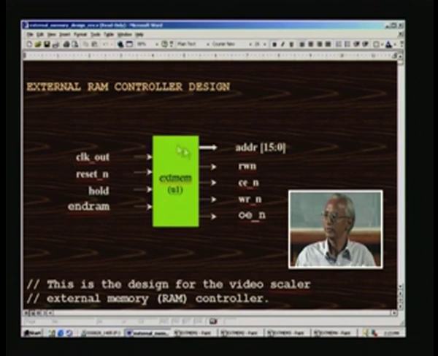This design will be housed in the FPGA or ASIC which we design. And clock out is the system clock for the memory, being a synchronous system, and there will be a reset as usual, and there can be a hold, in order to hold the process. And in addition to this, we need